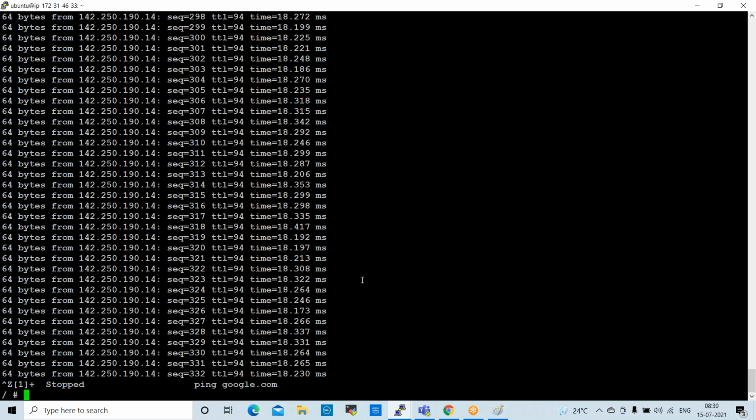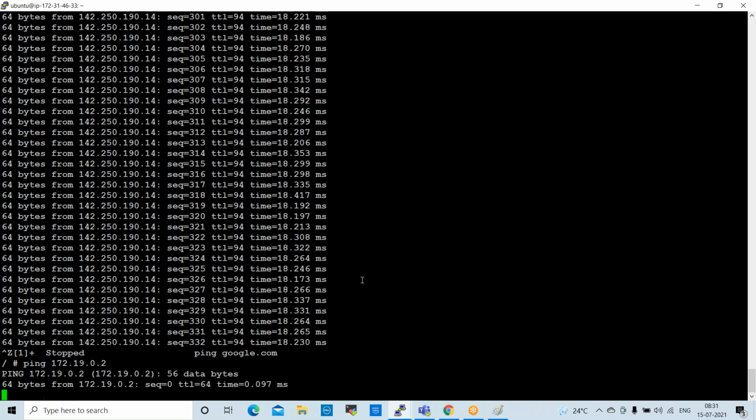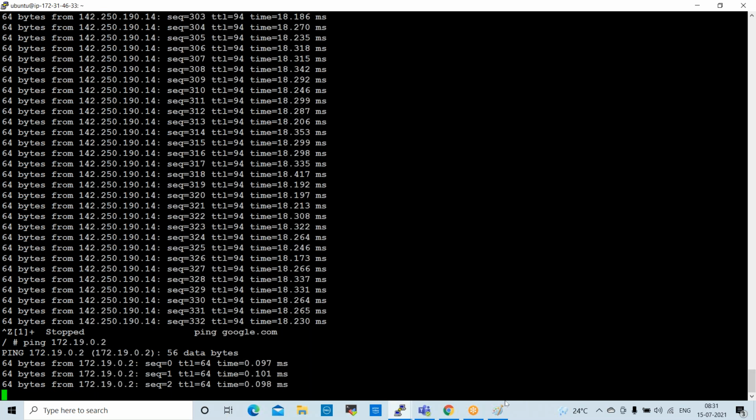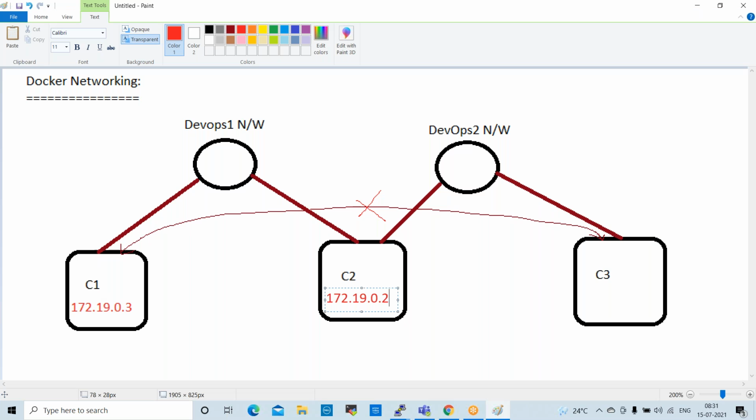Control Z to stop this. Ping 172.19.0.2. Now it is pinging, right? These two containers are pinging each other, C1 to C2, C2 to C1, communication is there in both directions, right?